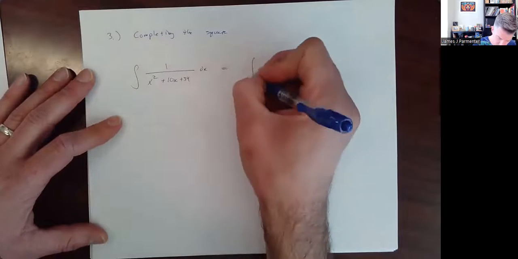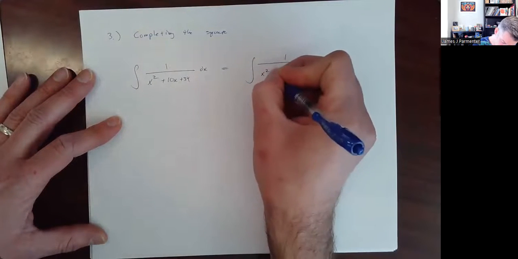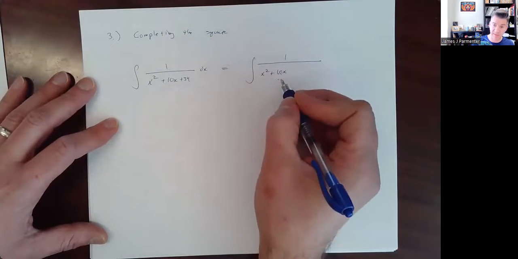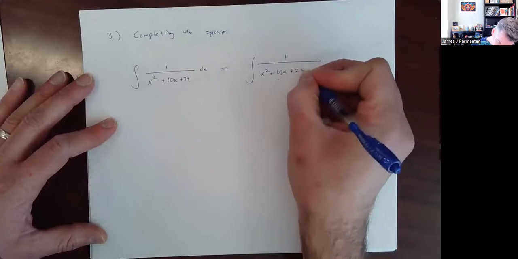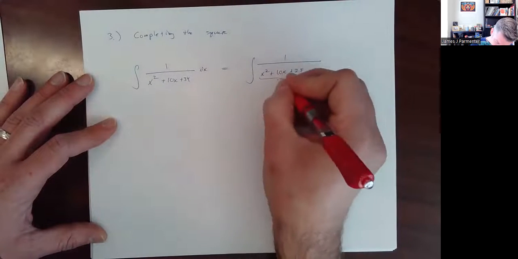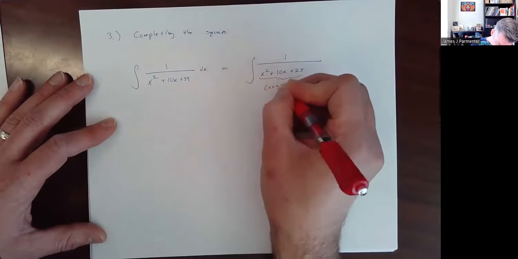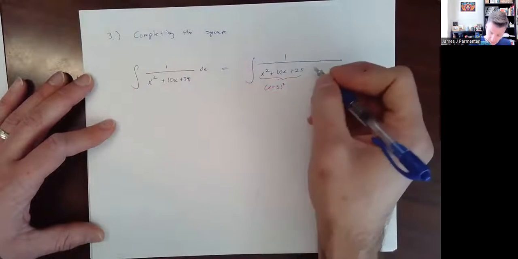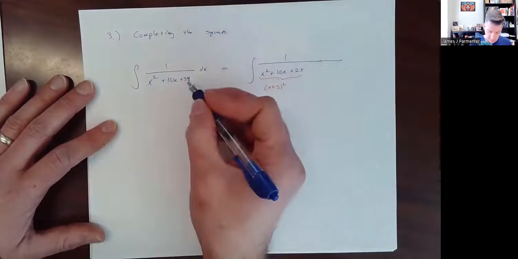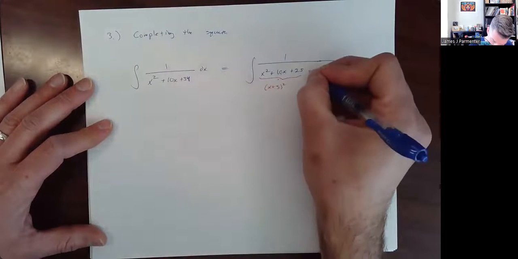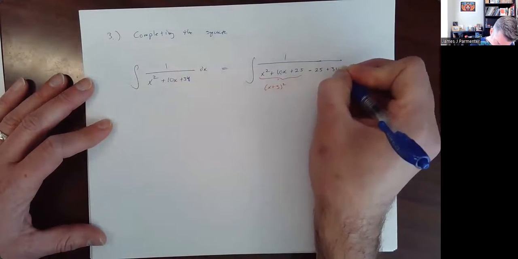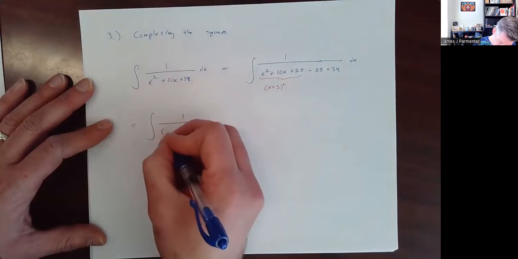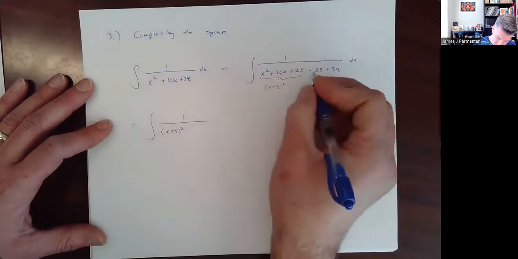You can write that as the integral of 1 over x squared plus 10x. And then to complete the square for x squared plus 10x, you say, well, 10 divided by 2 is 5, 5 squared is 25. So you want a 25 there. The reason you want a 25 there is because this is going to factor as x plus 5 squared. And then you can either say minus 25 plus 34, or just realize that 34 minus 25 is 9. If you like doing it this way, it probably is a little bit easier to imagine. So then we're going to get the integral of 1 over x plus 5 squared, minus 25 plus 34 is